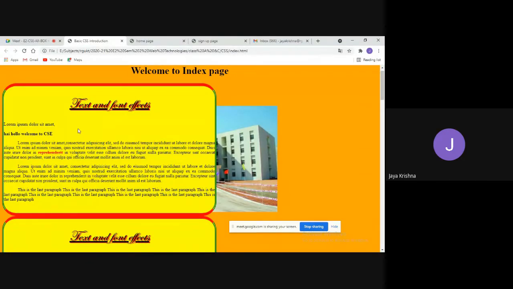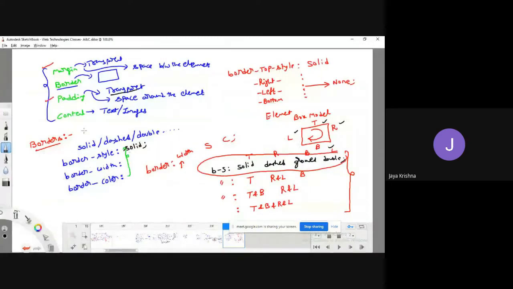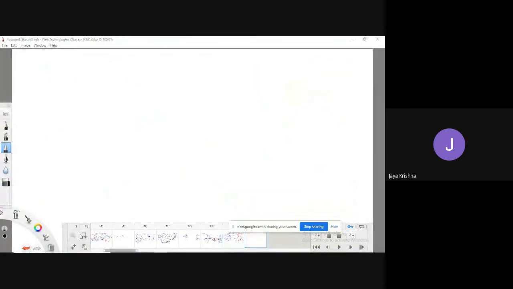For example, guys, observe, while working with the concepts of tables, I have defined table content. This one we call as cell padding, I made a mistake before.